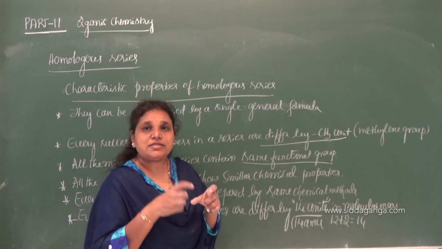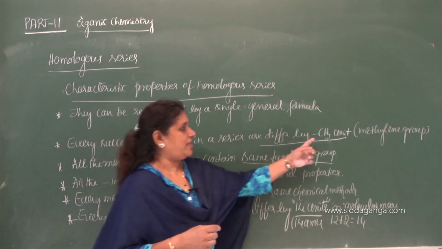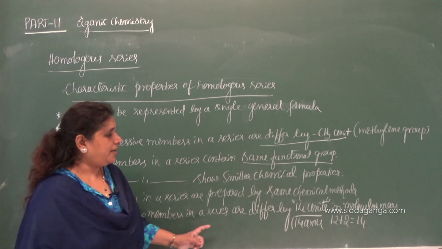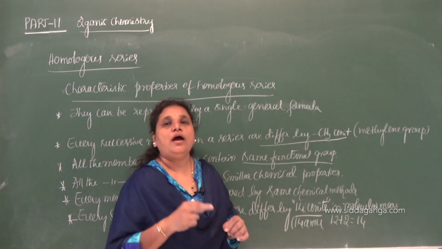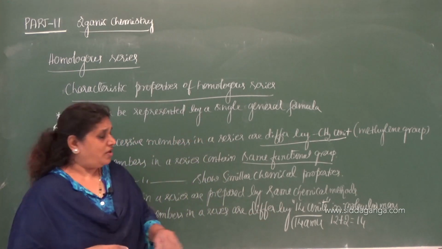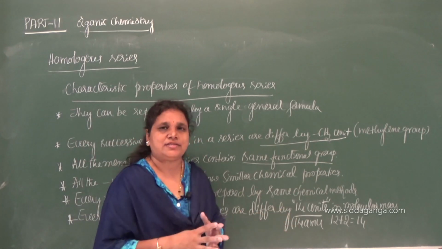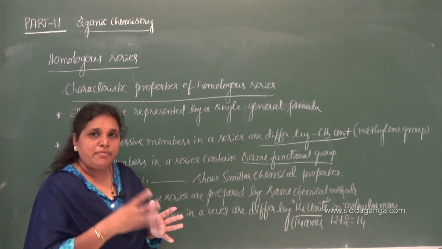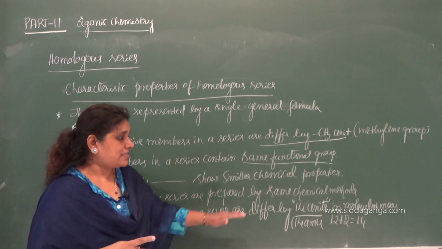Since every successive member differs by CH2 unit, every successive member differs by 14 atomic mass unit. So since it shows a difference in the molecular mass, the successive members in a series show the same difference